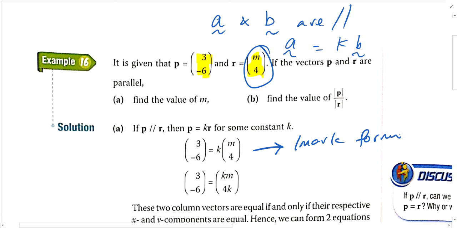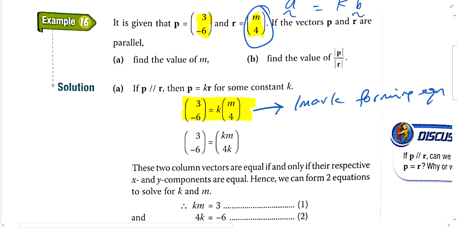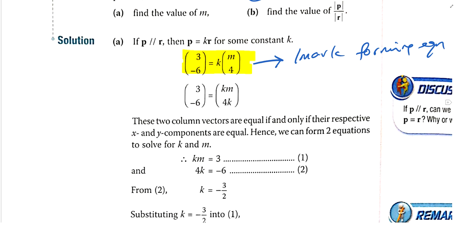Forming equation. And we write this down because they are parallel. Please highlight this step. This is the key to solving it. So now that I have a vector equals to k times another vector,